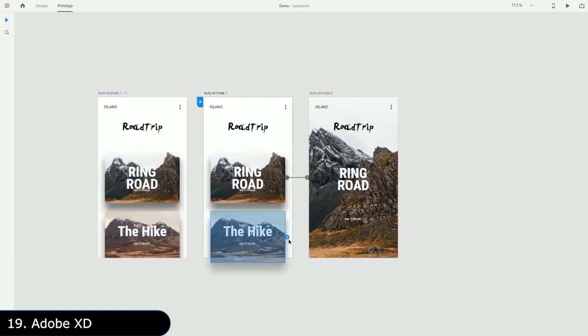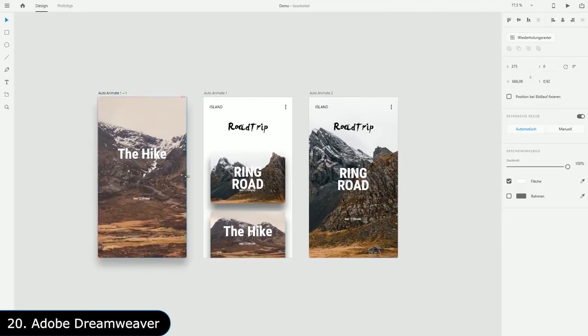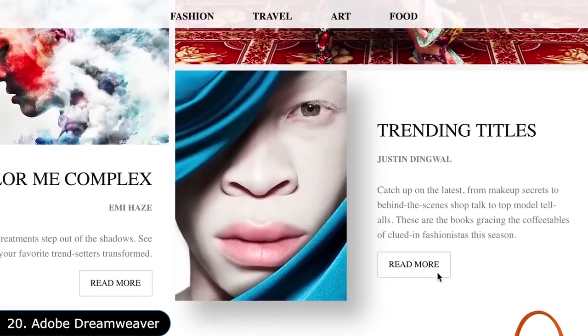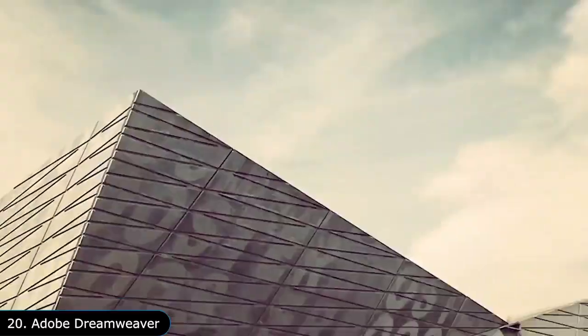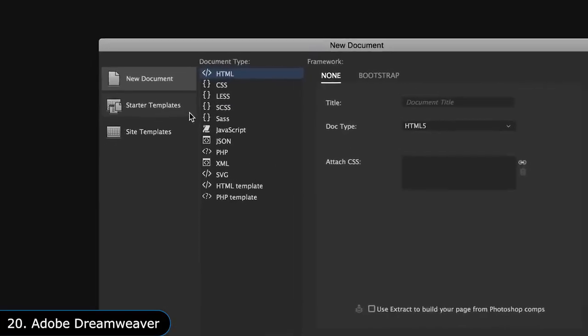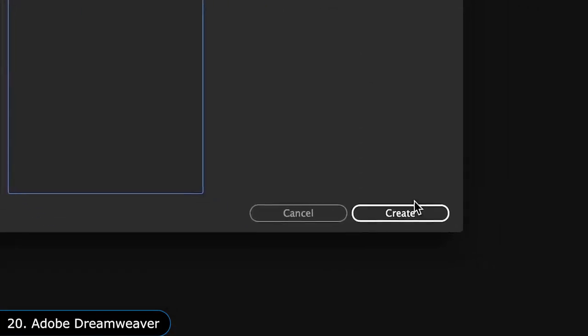If you want to develop this user interface into a website, there is Adobe Dreamweaver, which is a web designing software which lets you visually make websites without having to touch the code. But it also features a powerful code editor which supports numerous programming languages, thus letting you customize the design however you like.